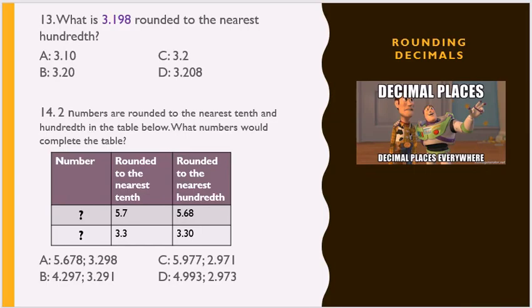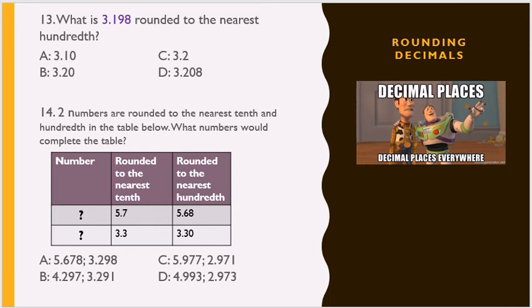Okay, number 13, picking up where we left off from part 1. What is 3.198 rounded to the nearest hundredth? Is it A, 3.10, B, 3.20, C, 3.2, or D,